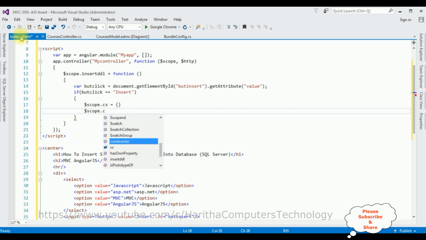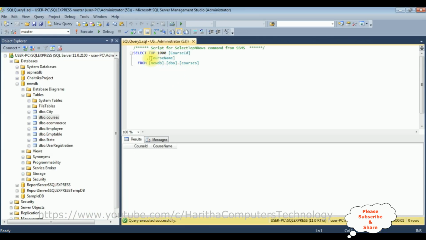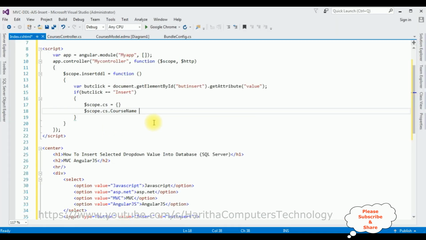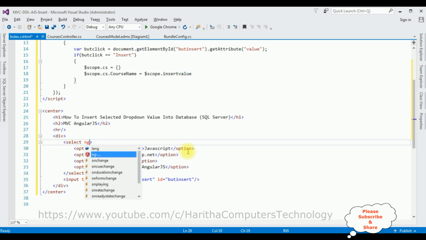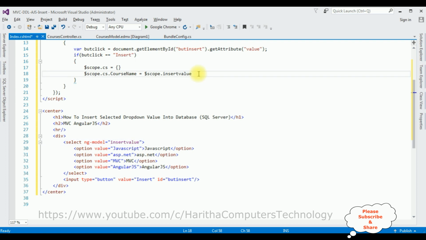$scope dot cs dot the object name dot the column name from the table. Let's add the column name is a course name. Copy the column name and paste here is equals to $scope dot. Let's add the object insert value, and this insert value I'm adding in the select option. ng-model is the Angular directive insert value. After that,